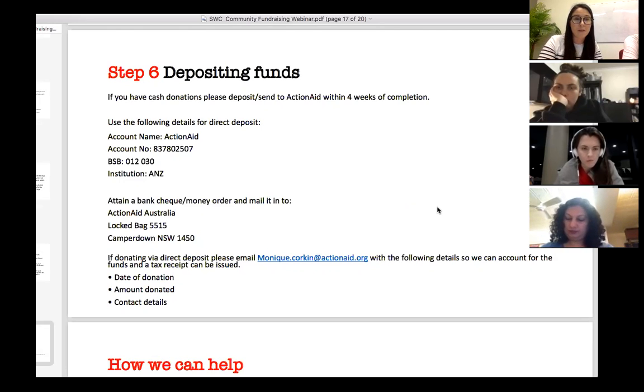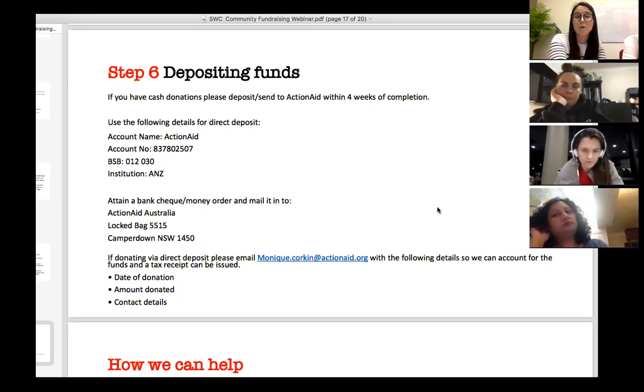At the moment, you can either make a direct deposit into our account, or you can get a bank cheque or a money order and send that on to our ActionAid Australia lockbag address.